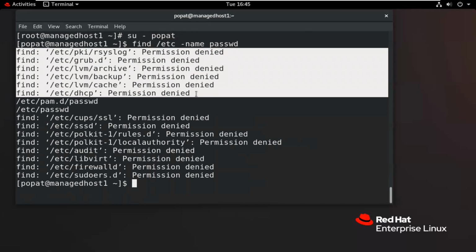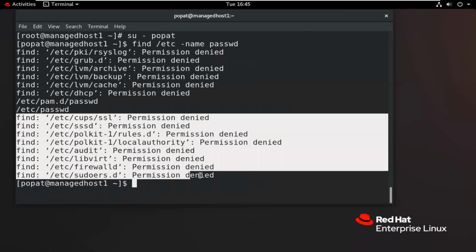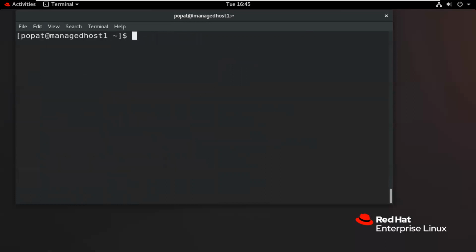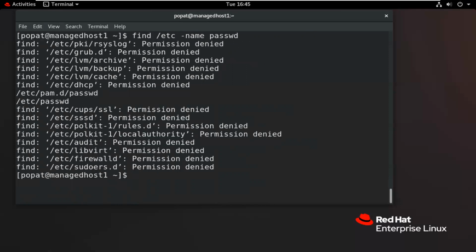I want to perform an operation that does not show me this error, but only shows me this one. What will I do? I want to ignore this and save this in a file.